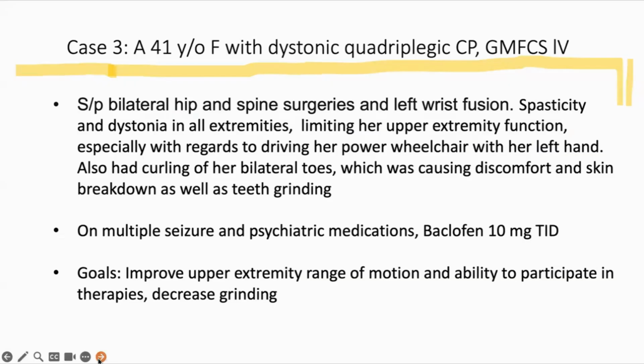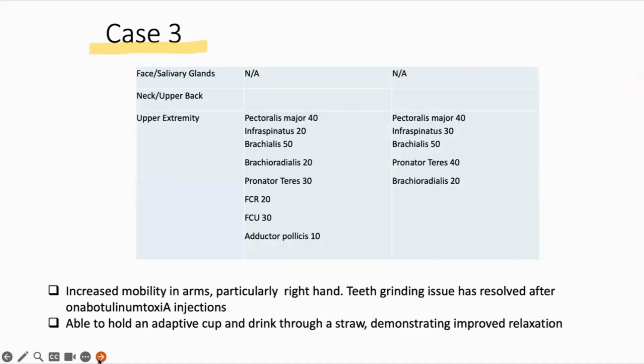Next one. So these are her injections, and so the left wrist is fused, and this is the right wrist. Her goals are more defined by her mother and therapist. She had increased mobility in upper extremities, teeth grinding completely resolved, and she's able to basically hold an adaptive cup